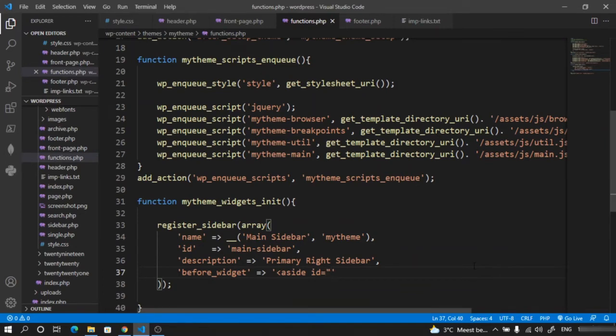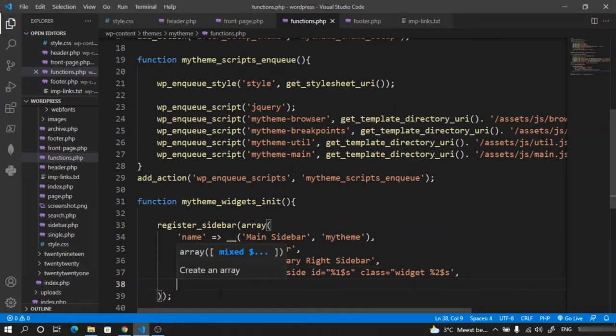So in double quotes, put the value as percent, sorry, percentile, and then we have to say $1 S. So it's percentile $1 S. And then we go ahead and say class is equal to widget, and then we have another dynamic value. So it's percentile $2 S, and then comma